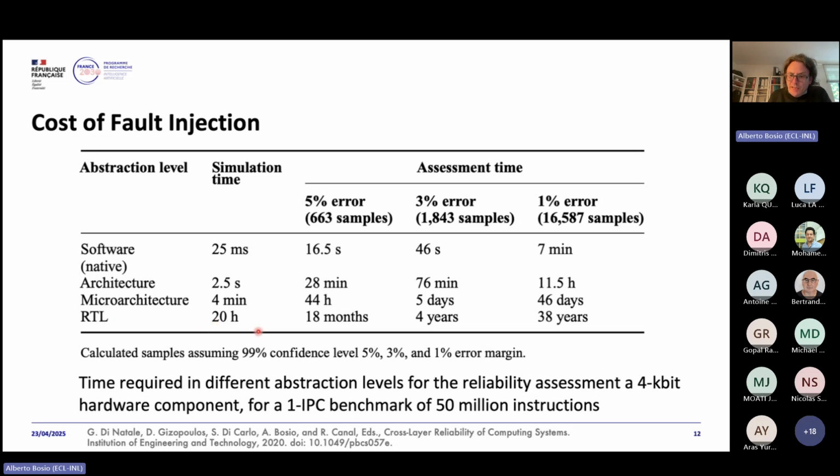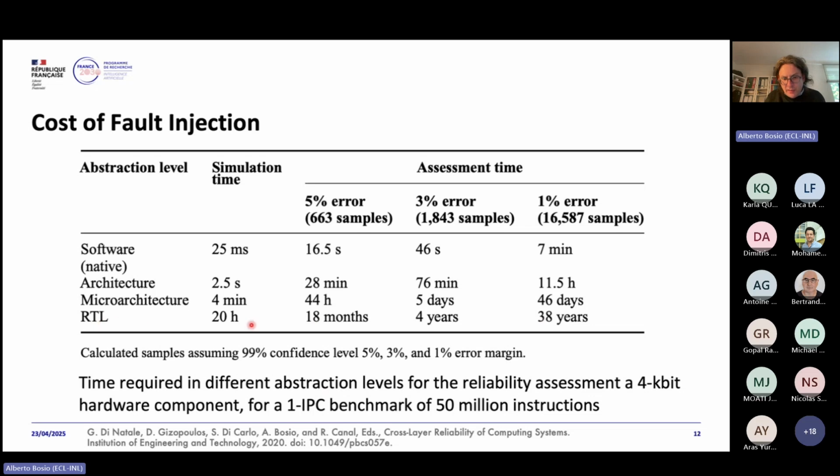And just to give you the complexity, we talk about a microprocessor having 4 kilobit of register file, so it's a very small microprocessor. In terms of software, the workload was one benchmark from the IPC suite. In terms of instructions, we talk about 50 million assembly instructions. If we compare this with the complexity of a given GPU and a given AI model, we are very far. And if you consider the number of times we have to inject faults,